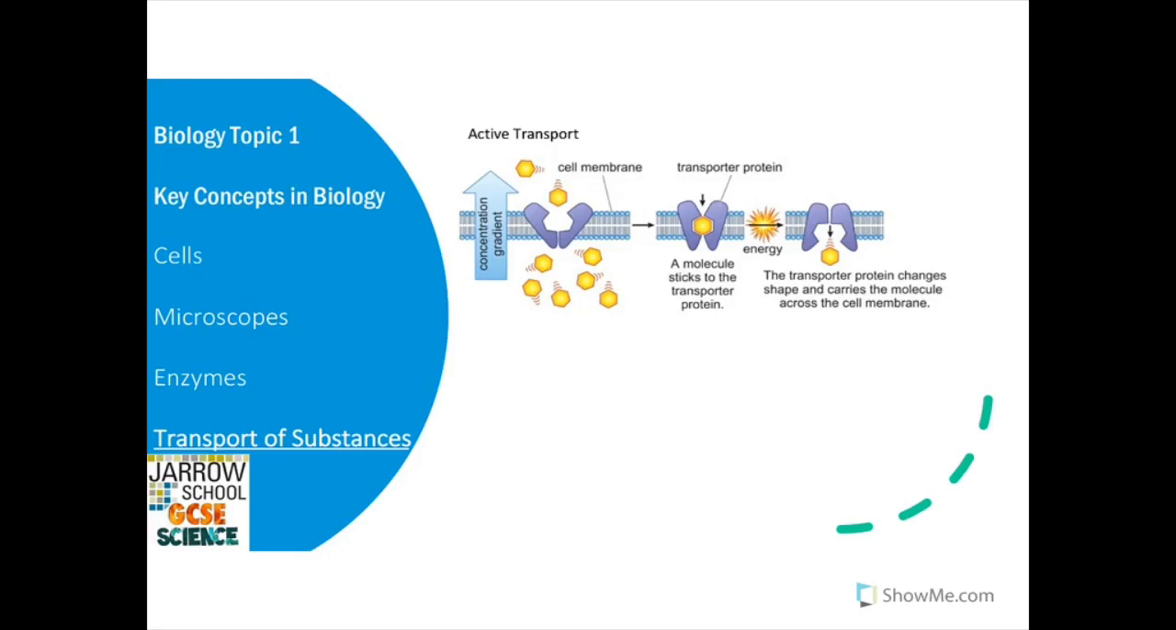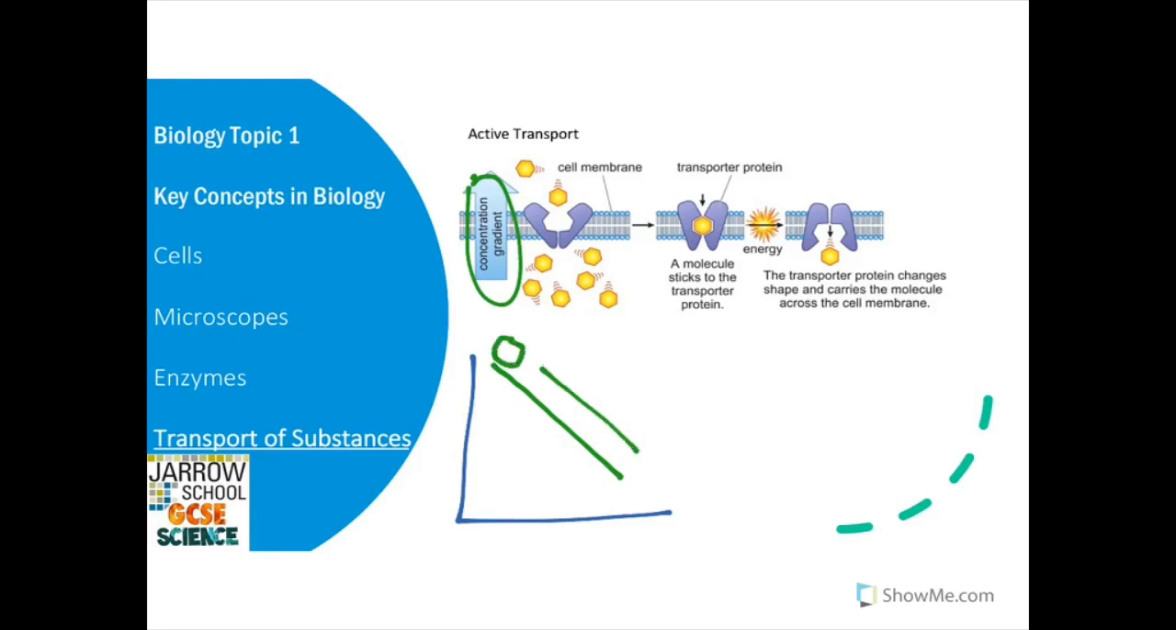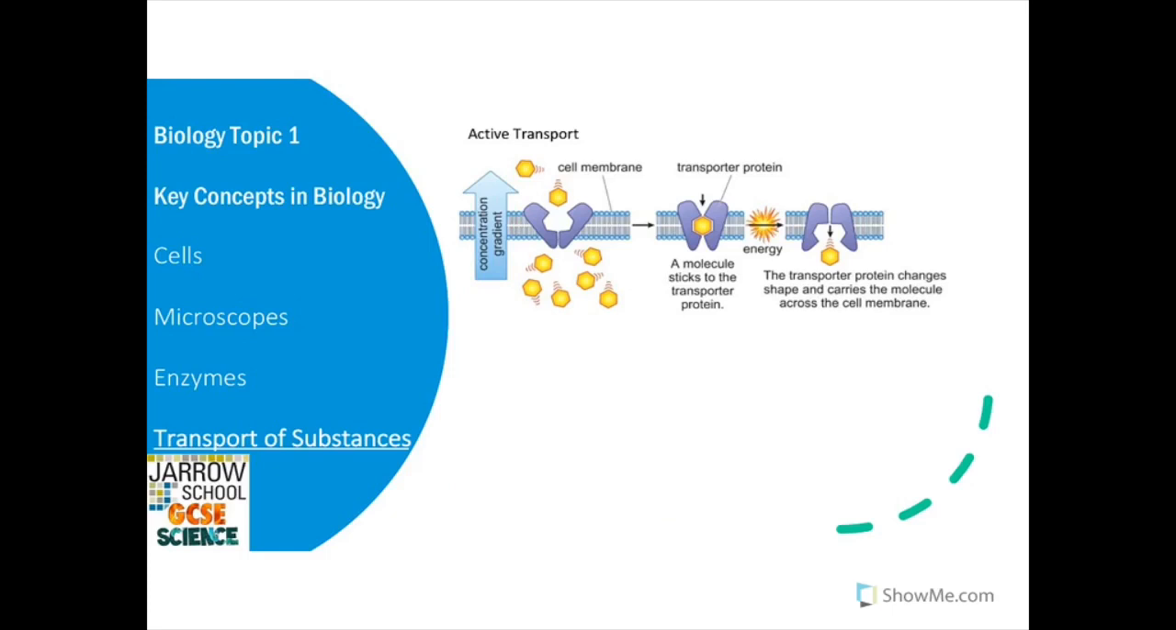And this is a type of transport that actually requires energy. So diffusion is the movement of particles down what's called a concentration gradient. Okay, so imagine if you put a ball at the top of a ramp, the ball would naturally roll down the ramp. However, active transport is for when there is a low concentration of molecules on one side of a